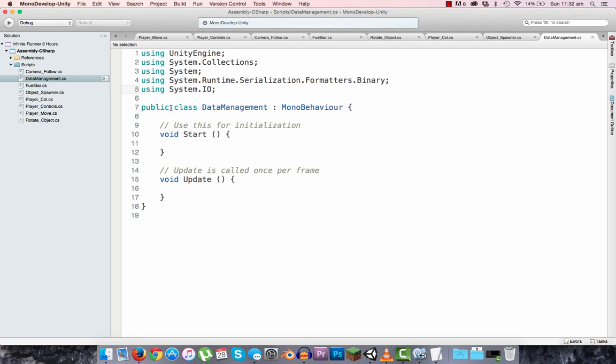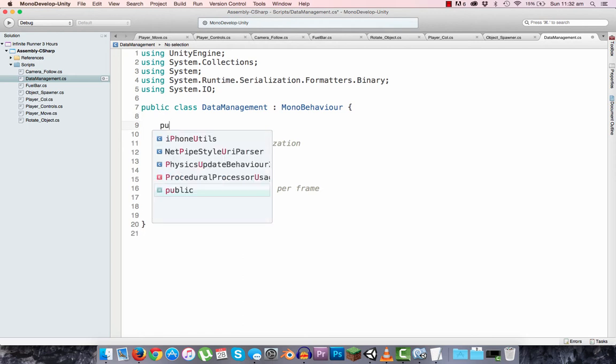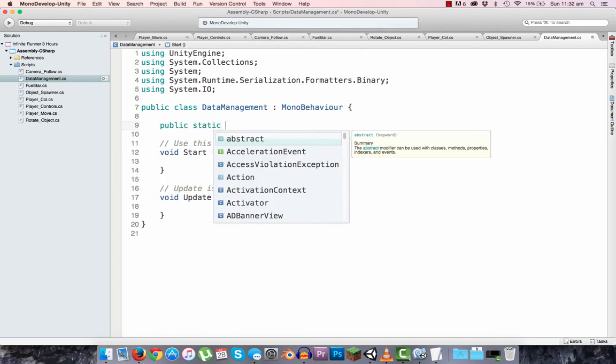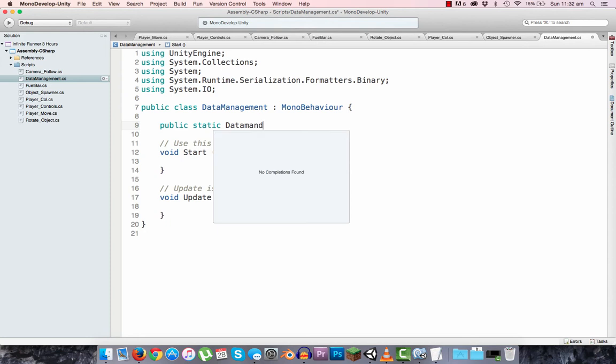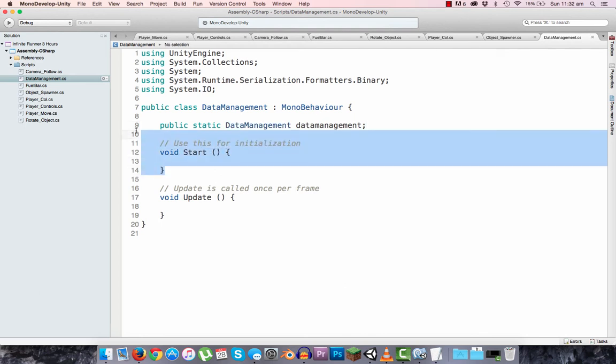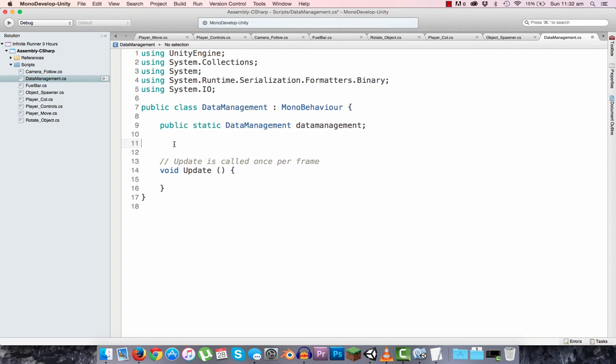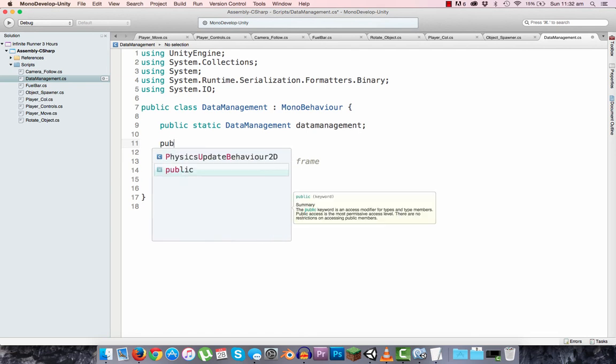We need to actually, underneath the class here, write public static DataManagement, with a small capital D, sorry, DataManagement. Awesome. And we'll just add a couple of variables in here. So for our game, we're probably going to want a high score. So public int